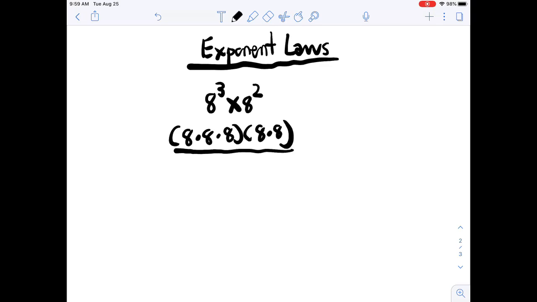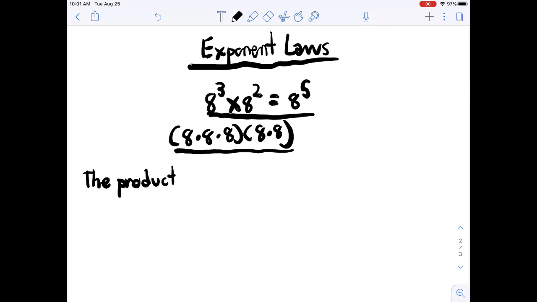So instead of saying, okay, solve 8 to the power of 3 multiplied by 8 to the power of 2, you can simply say solve 8 to the power of 5, because they're both equal to each other. This is called the product rule. And it states that when multiplying